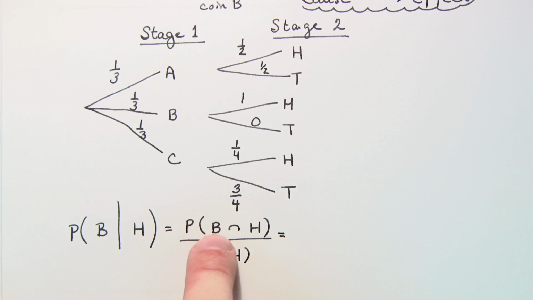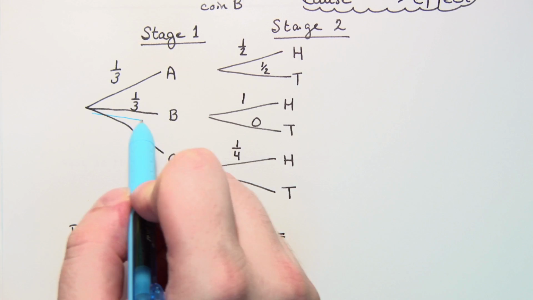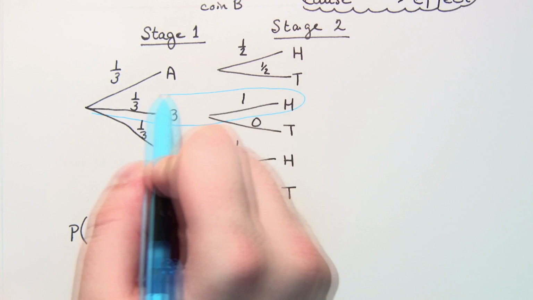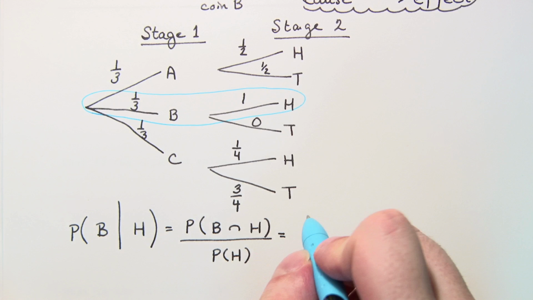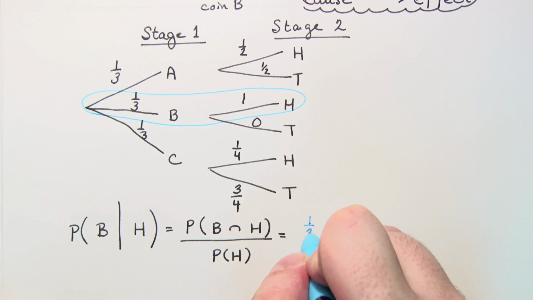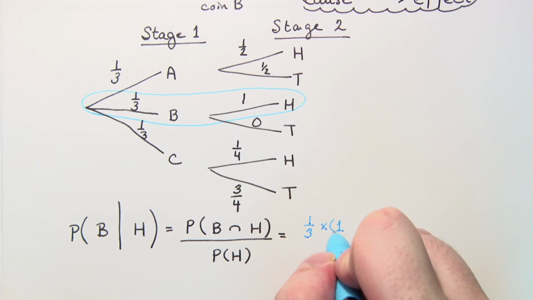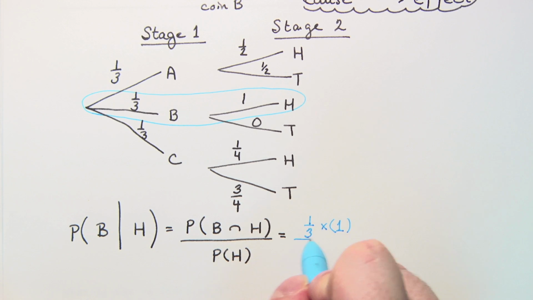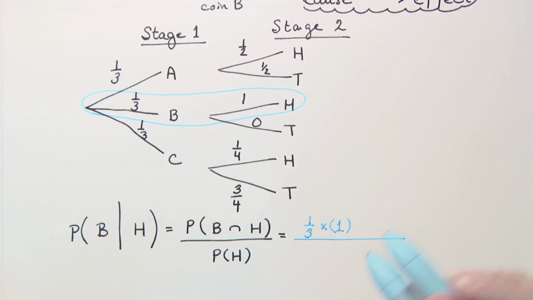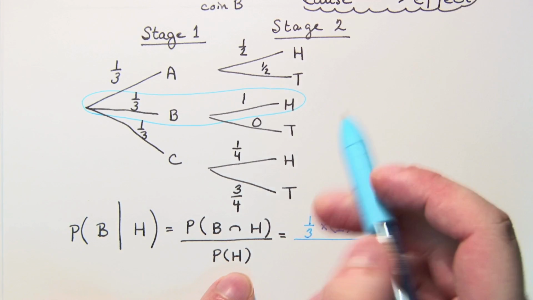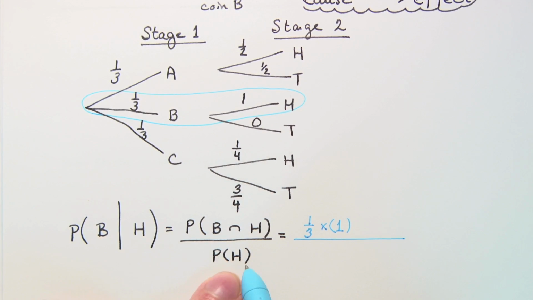So the probability of picking coin B and getting heads is following this one right here. So the probability of that is 1/3 multiplied by 1. And that's the only time that I have that. Now to calculate the probability of getting heads, I have